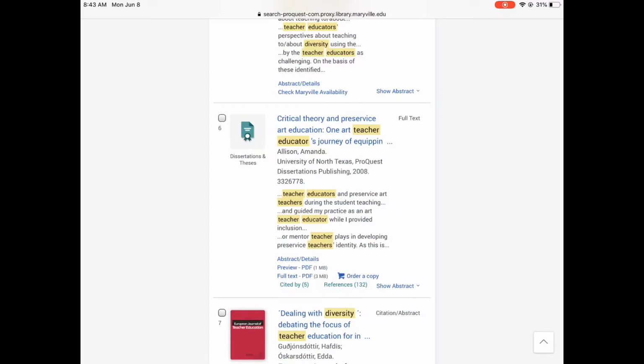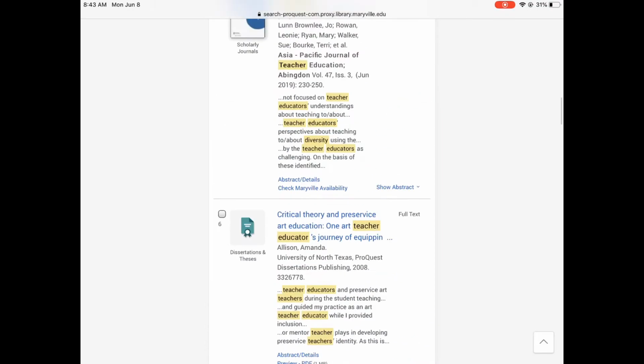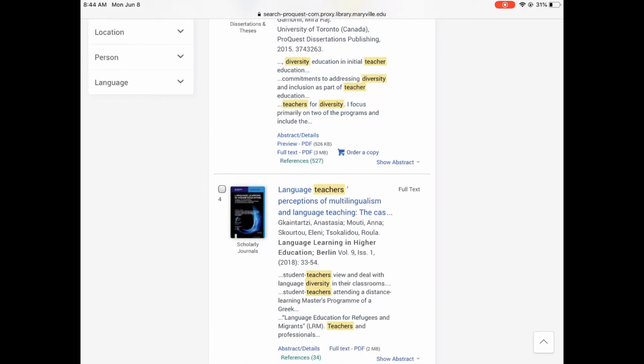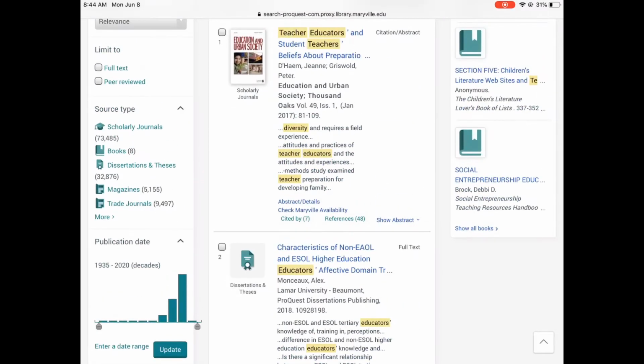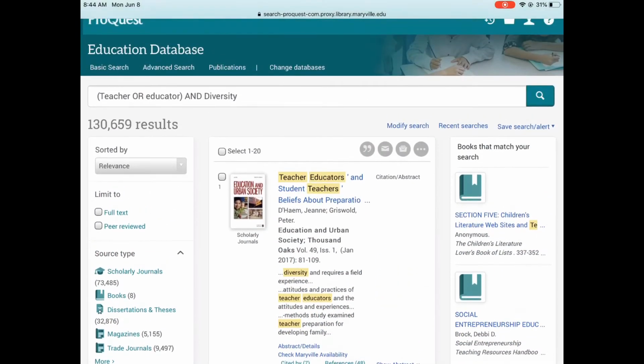We can see mixed in that there are dissertations and theses. So if you are looking for other dissertations, this is an absolutely great place to search. And as of right now, we're not limiting in any way other than by keyword. So this is a good opportunity to just kind of see your search as a whole, look at what has come up, and see if there's anything in here that is super helpful or if there's anything we need to